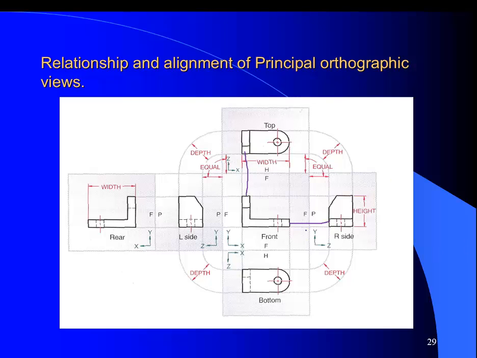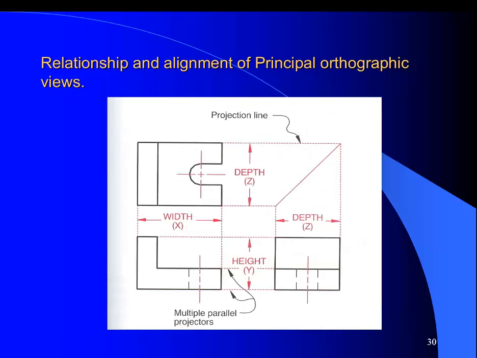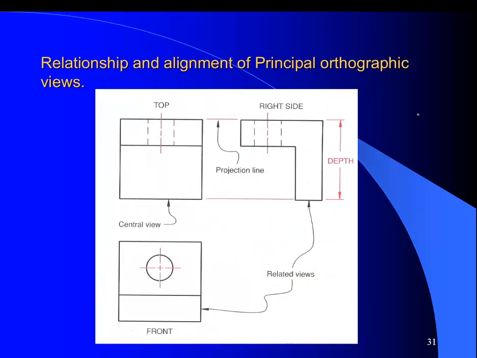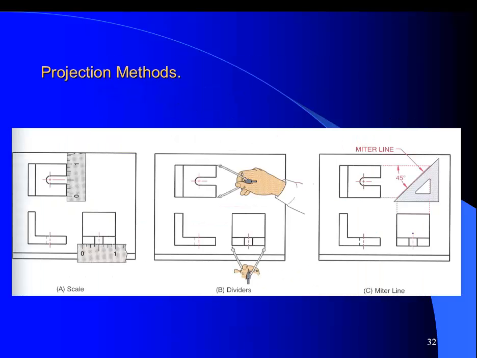Now this is a 6-view drawing. It's not necessary. We try to do the least amount of views necessary. Maybe that's 2, maybe it's 3. A lot of times it's 3. So here's a visual example of what I was showing you with a much straighter 45-degree line there. But again, everything just projects around. Just a different view, flipped around, showing the right side coming off the top instead of over here. A little different there. And again, if I'm going to go with a sketching method, this is just breaking